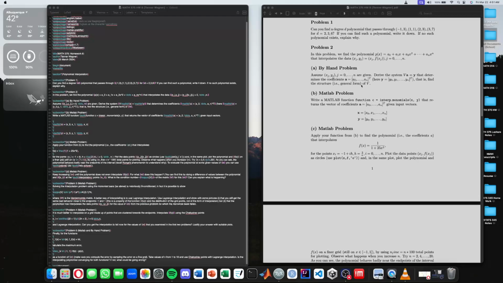Also for this, I have derived the system VA equals Y that determines the coefficients, and then another vector A, and then I denote a transposed column vector with the capital T for transpose. This is also just very intuitive. So I did, again, where is it? Okay, so the money symbol, math BF, to bold my A to represent that it's a vector,